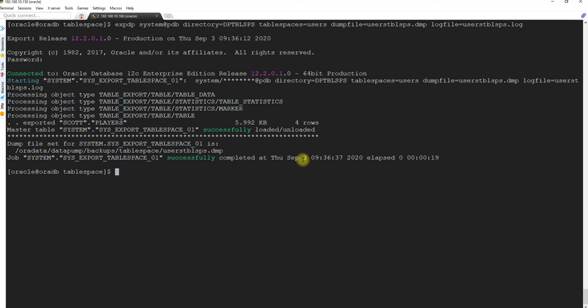In future, if one tablespace has multiple tables, or one table has multiple rows, and you want to explicitly say that you don't want a particular table or row, you can provide that in this particular parameter value, and then we don't back those up.